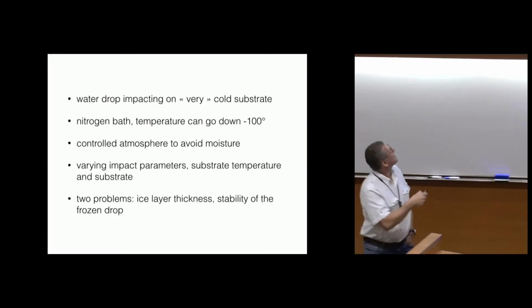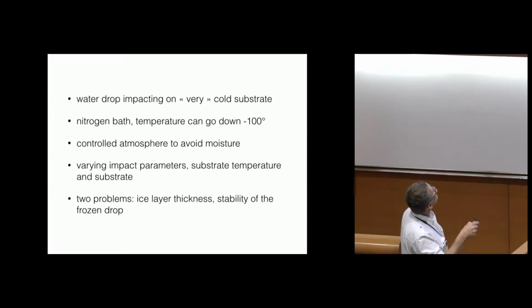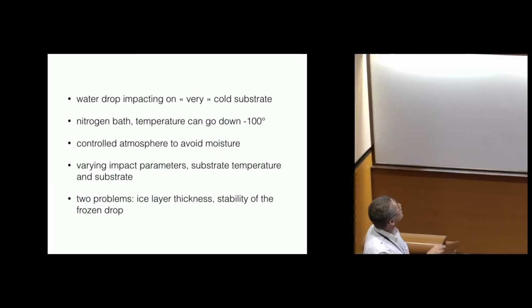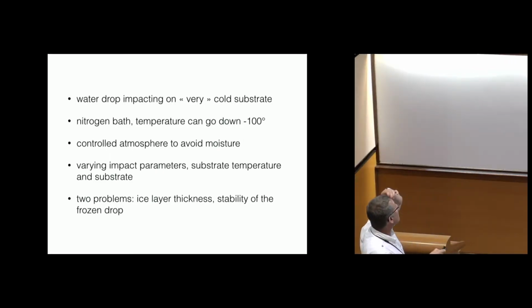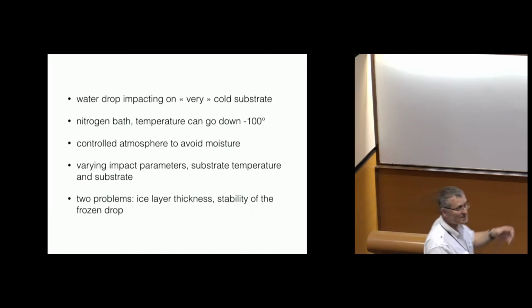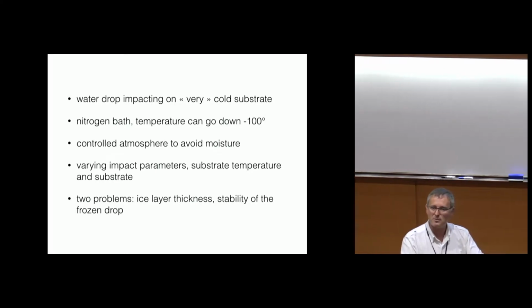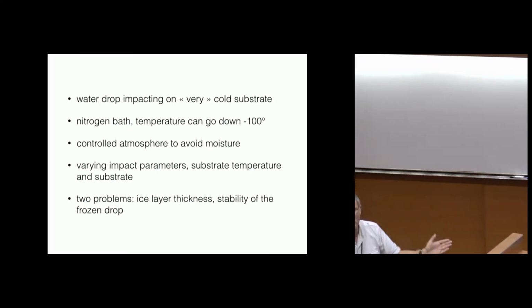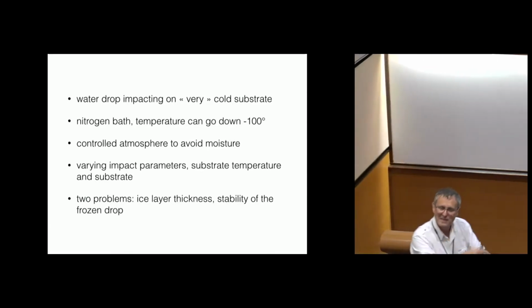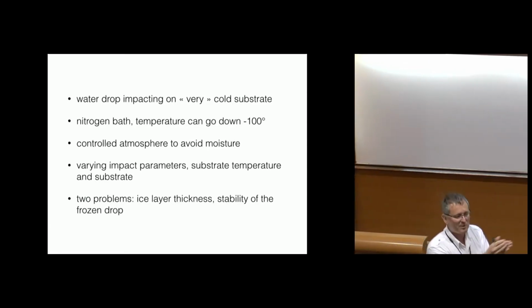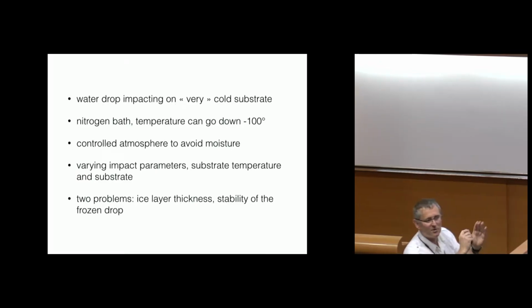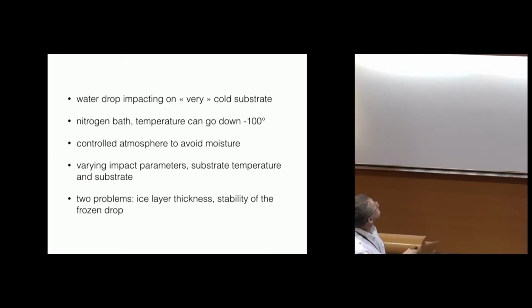Okay, so what did I show you? Just to give you some hints about the experiment. I'm not an experimentalist, so I'm giving you the information my colleagues gave me. One of the difficulties is how do we reach a very cold substrate? We took the substrate, the metal, we put it inside liquid nitrogen, and we wait until it reaches a very, very cold temperature. Then the time to recover room temperature is very long so that you can make experiments. And during the time of the experiment, which is less than 1 second, the temperature of the substrate does not move.